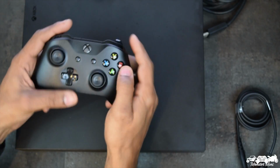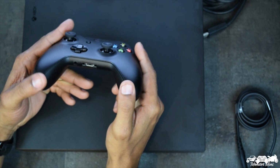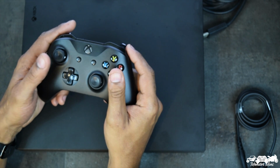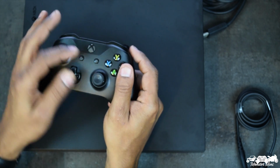Also packaged in the box is a black controller. It feels and looks exactly like the One S controller, except it's black. Xbox One S obviously is white. It comes with the white controller, unless you have a special edition. I think the